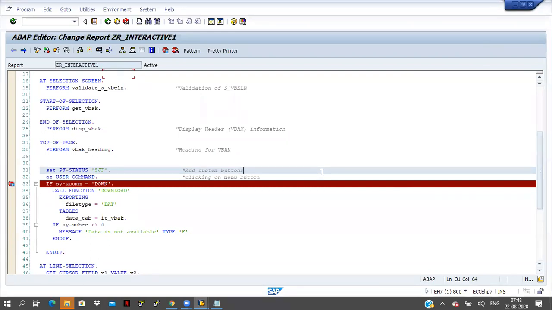This is the interactive reports concept, and the main concept is ALV. Whenever the interviewer asks you a question, they will ask from ALV reports. ALV is our real-time reports. Up to here, these are the fundamentals and basics of reports. ALV is the main concept, so you have to remember and understand how the cursor is flowing. Some events are there, so which event will trigger first and how the cursor is going. You have to know all these things. If you have any doubt, you can ask questions.